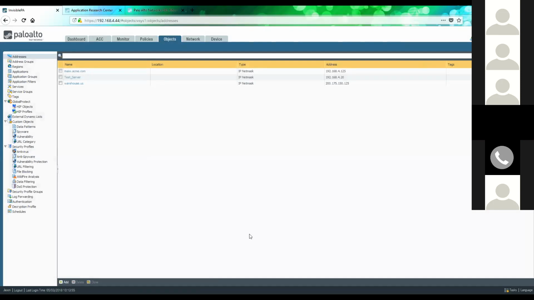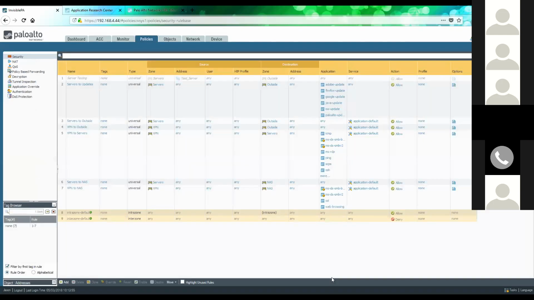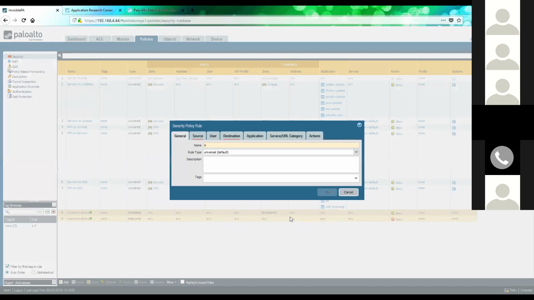Cool. So we've created our groups there. We're going to come in here. Now we're going to make a rule. So you see in this particular case, we have a very limited number of rules on display. This is a limited test environment. What we're trying to do doesn't match any of what we've got here. So we're going to go ahead and make a new rule. We're going to call it